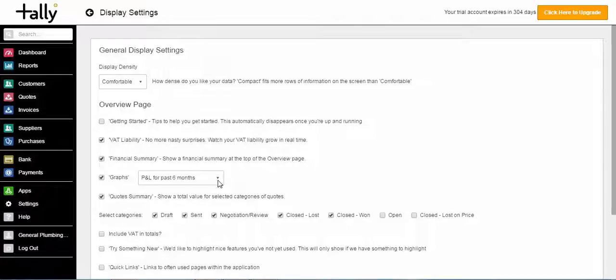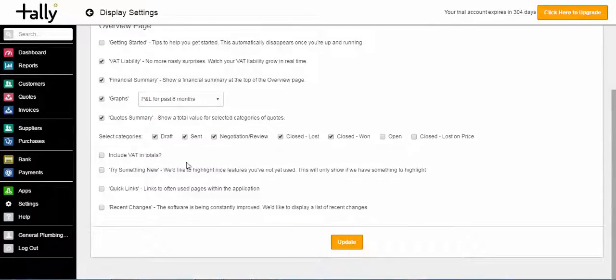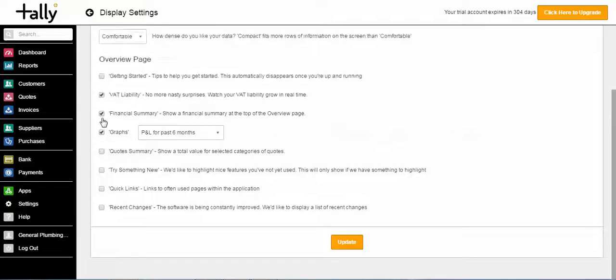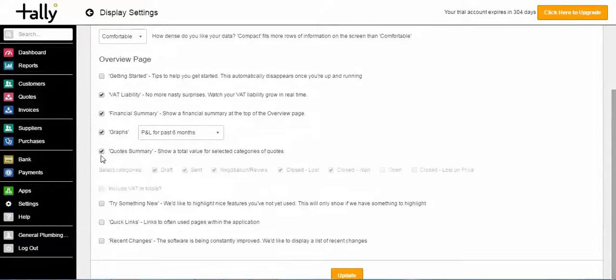With regards to the graphs, you can see we have a P&L for the past 6 months, but we can change that to an income by source or a 12-month sales growth report in there as well. You can choose if you do quotes or not, so if I don't do quotes in my business I can just take that out, but if I do I can choose which quotes I want to see on there as well. I can also choose if I want to show VAT in those totals,